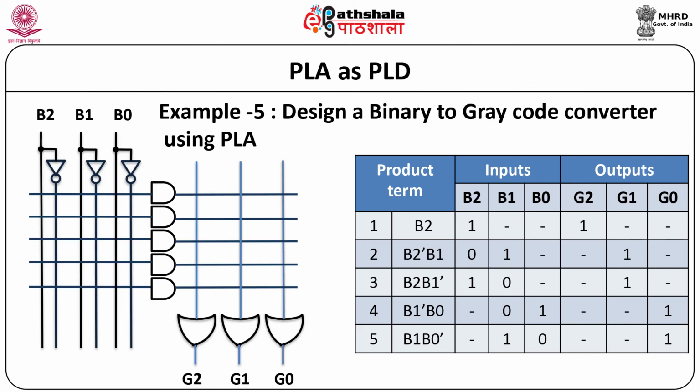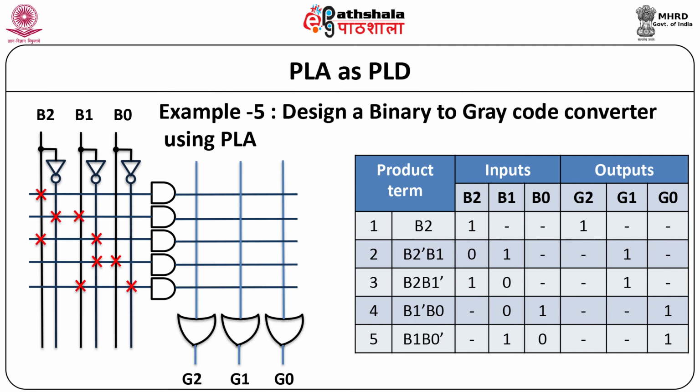Let us determine the size of PLA required for implementation. There are 3 input variables, 5 product terms and 3 outputs. For PLA, all the complemented and uncomplemented input variables are available for programming the AND gate matrix. Thus, crosslinks are placed at appropriate positions through programming for the implementation of these 5 product terms. The OR matrix can also be programmed to obtain output functions as per the requirement.